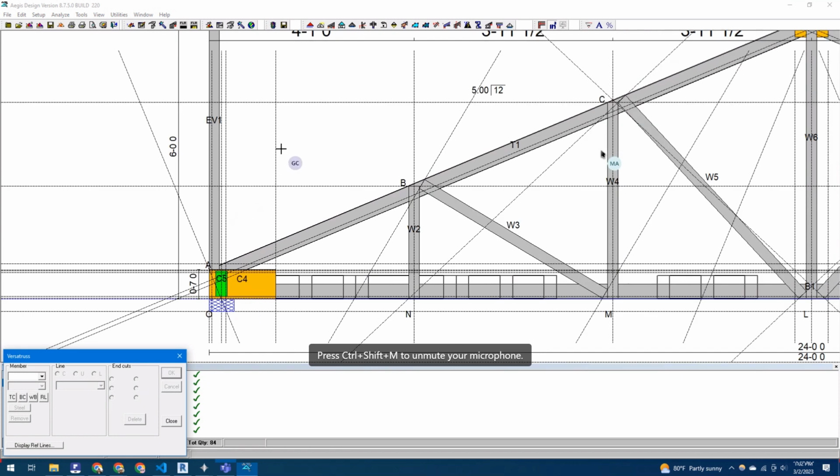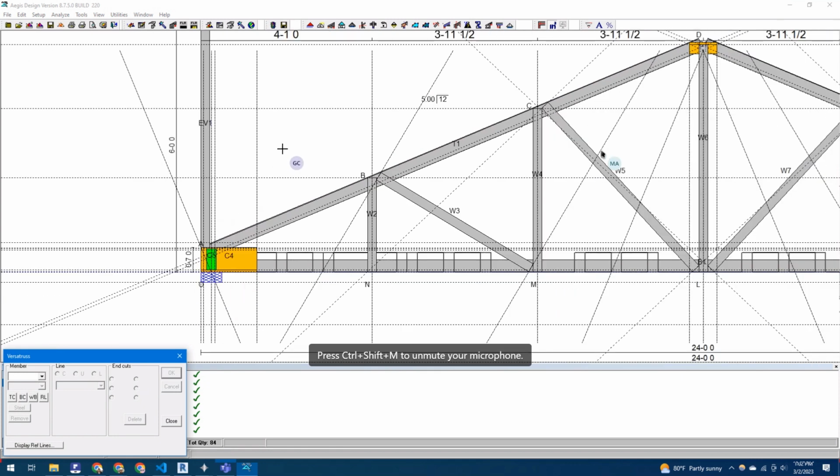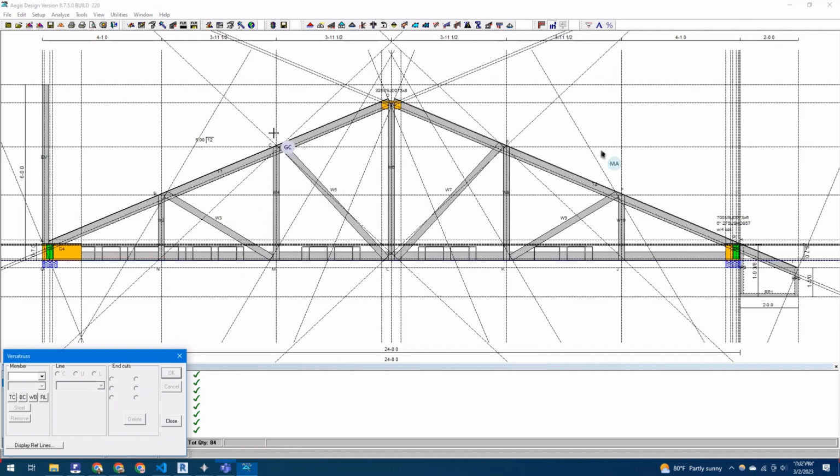So it extends through. And that's what you have to do. Okay, and does this software analyze the parapets? Or would we have to? You have to add some load to it. You would have to go into